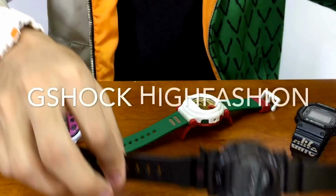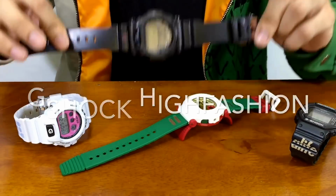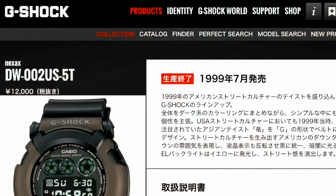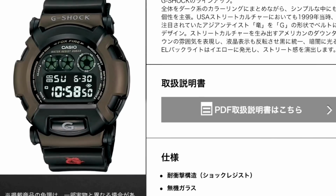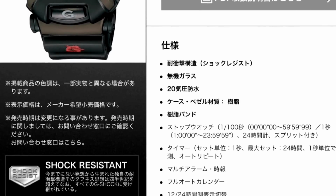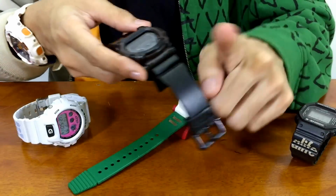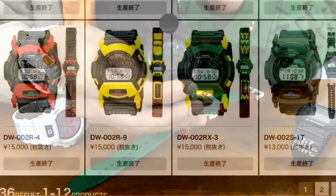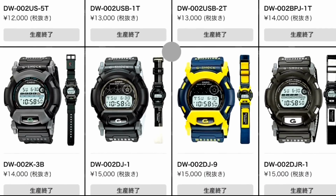Today I have with me this DW002US-5T G-Shock vintage watch. You guys already see where I got this, when I got this, but today it's a special video as well. This model was released back in July of 1999, and one more thing that you need to know that makes this specific watch special is that this is the last